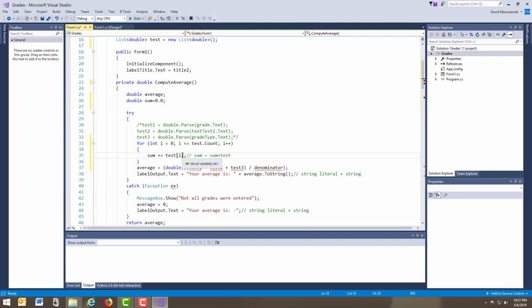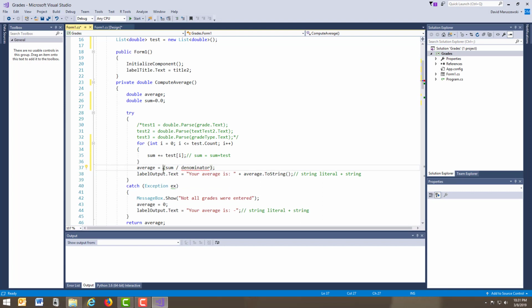Okay, so then when we go to i is equal to 1, that's the new test, which was 90, and the sum is now 100, so it's going to be 100 plus 90. So it just takes a nice running sum. And when we pop out of that loop, guess what? We can just put the word sum right here, where before we had to actually manually add those. We can get rid of this double,